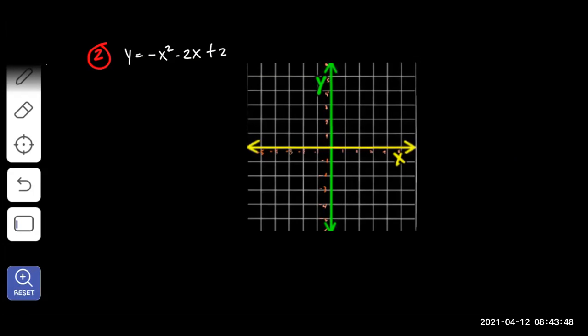We're gonna try to solve this quadratic equation. This is what we got: y equals negative x squared minus 2x plus 2. First of all, guys, we already know that